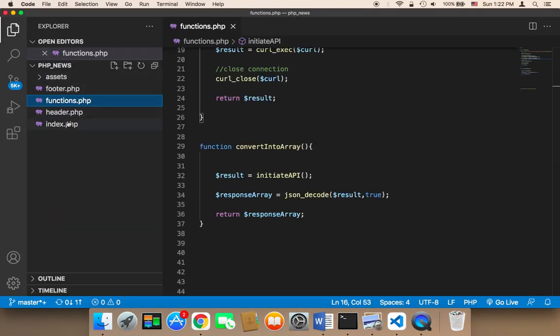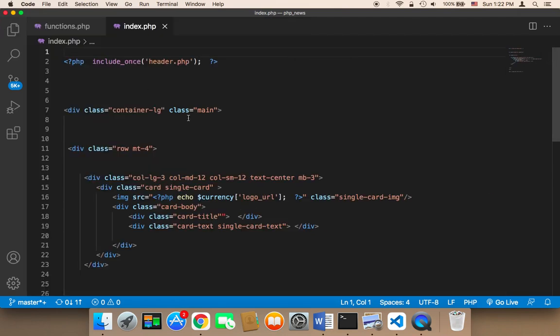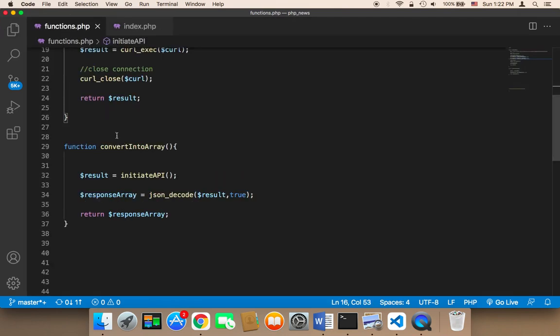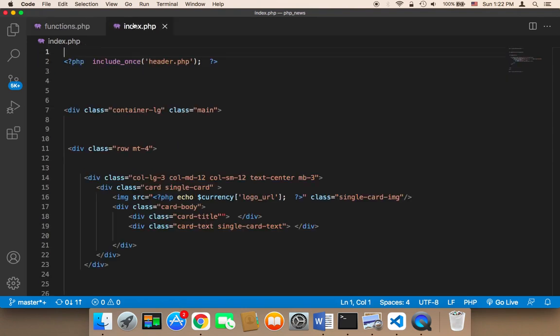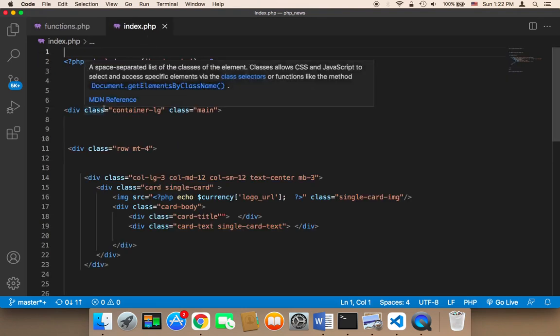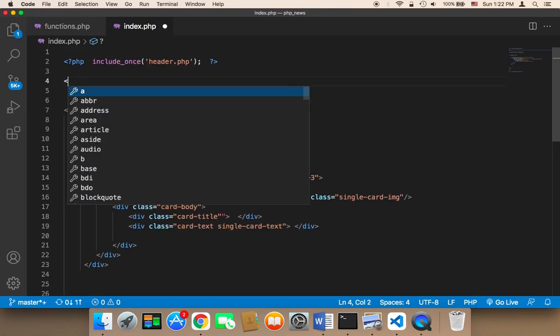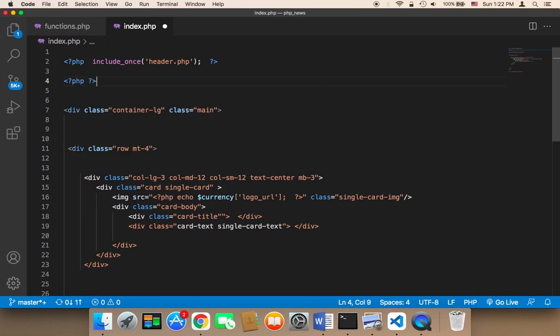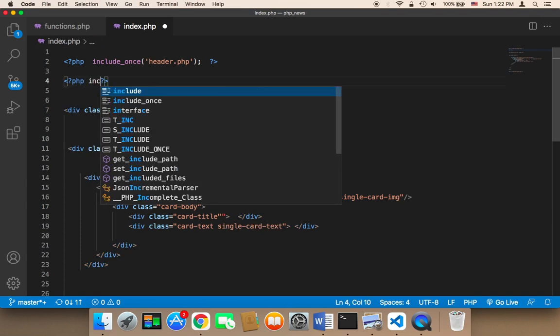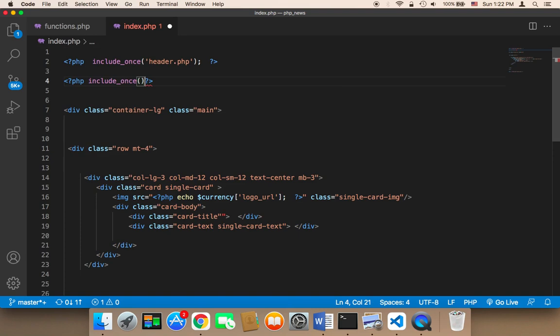So I'm going to open up the index, and in order to call this function from the index, we need to import the functions. So in the index, here at the top we need to say PHP, and then PHP script, and then you need to say include once, and then you need to pass the functions